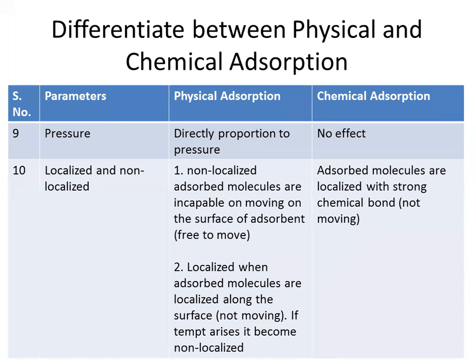So these are the 10 different parameters on which you can differentiate between physical adsorption and chemical adsorption. Actually, these may be just comparison parameters, but these are the controlling factors to control the rate of physical or chemical adsorption, which we discussed in detail in the last class, that by using the rate of adsorption we can differentiate physical or chemical adsorption. Of course, in general we cannot differentiate, but you can control the rate of adsorption by using all these